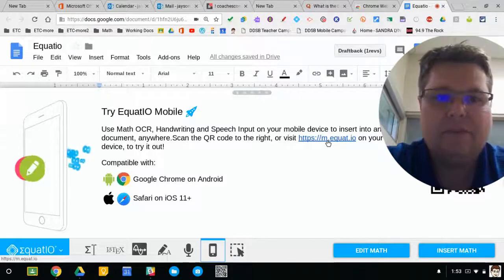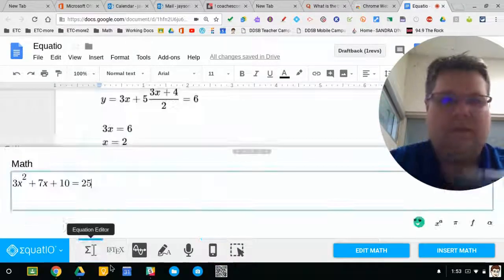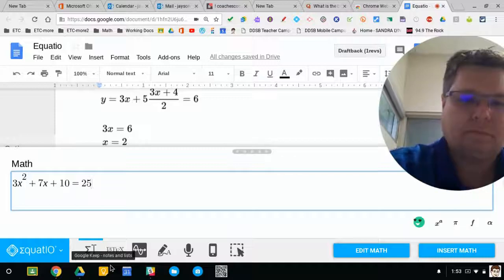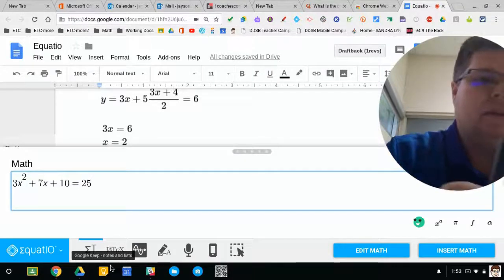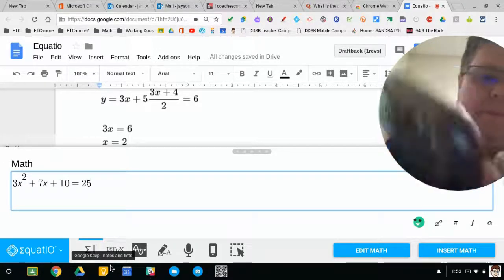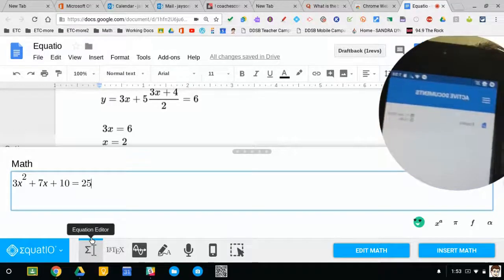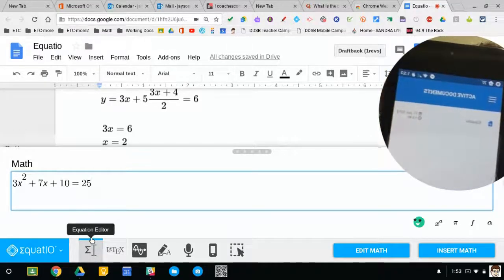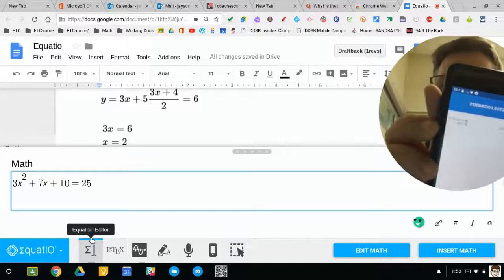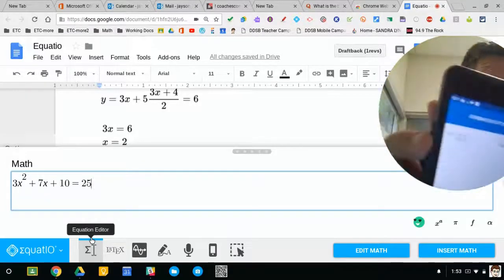I did that on my phone, an Android phone, and there's the app. When I click on the app, it recognizes that I have a document already open. The name of the document is Equatio. So when I click on this here,